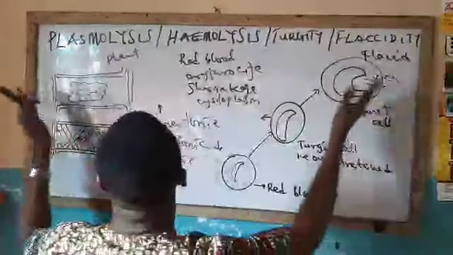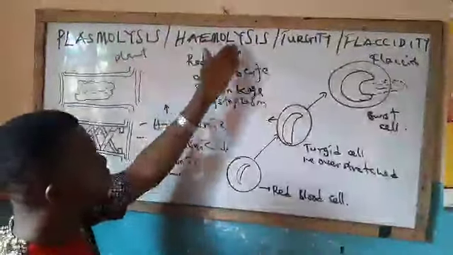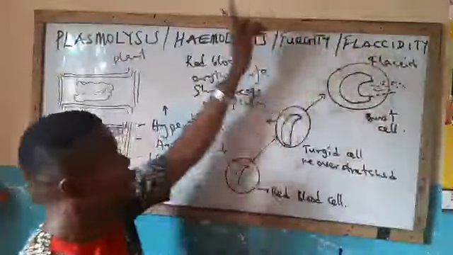Now, that's the summary of these four concepts: plasmolysis, hemolysis, turgidity, and flaccidity. Like if I may add,